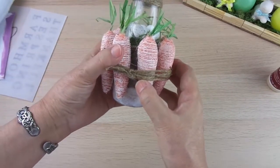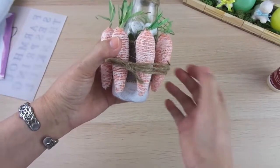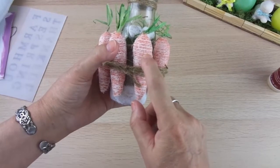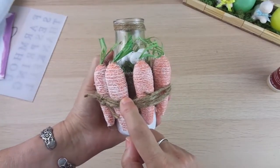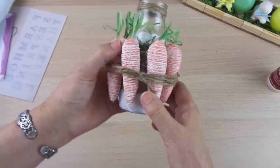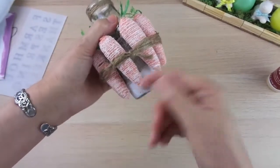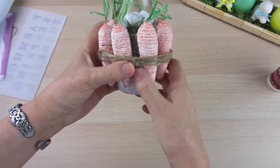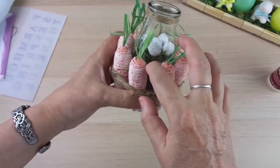As I will probably want to use the bottle for other projects after Easter, I decided to adhere the carrots to some burlap ribbon from Dollar Tree, and I tied some twine all around with a knot here. Then I filled half of the bottle with just paper, and then I added some Spanish moss